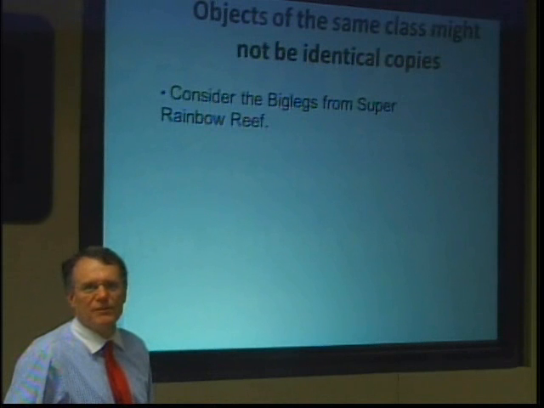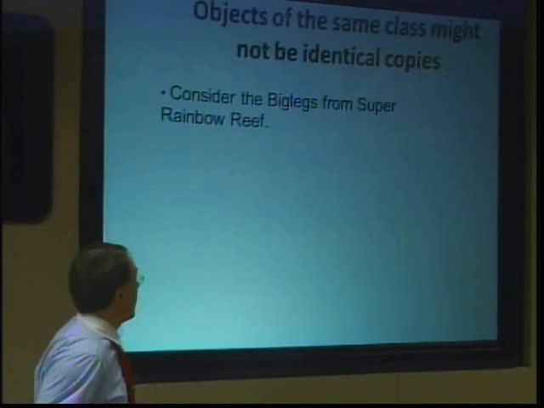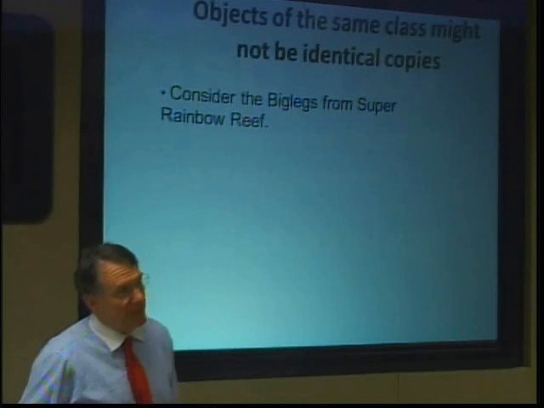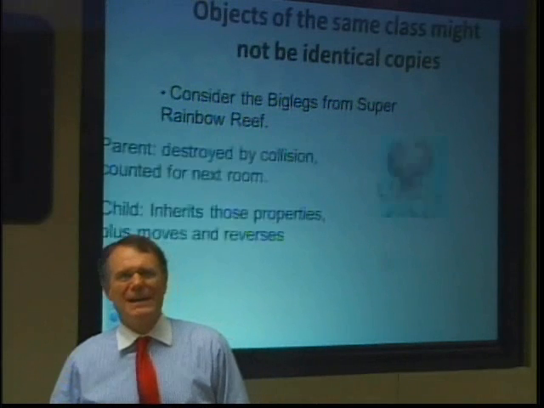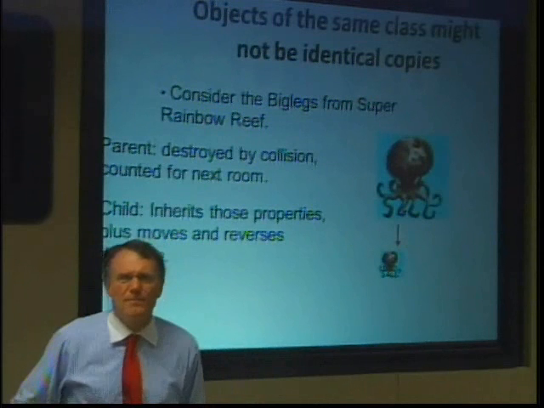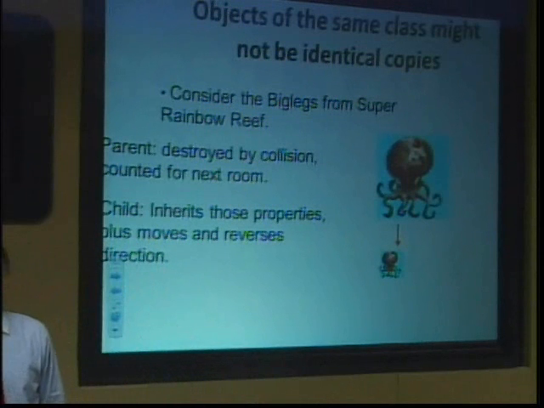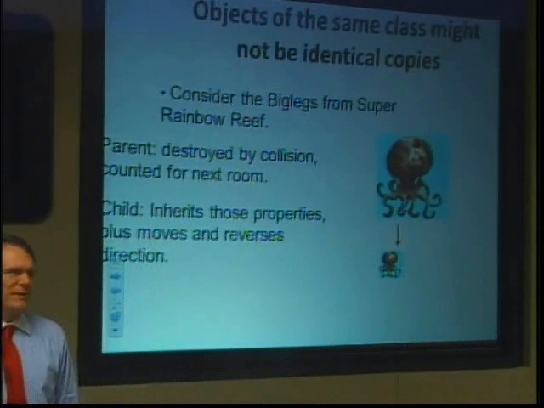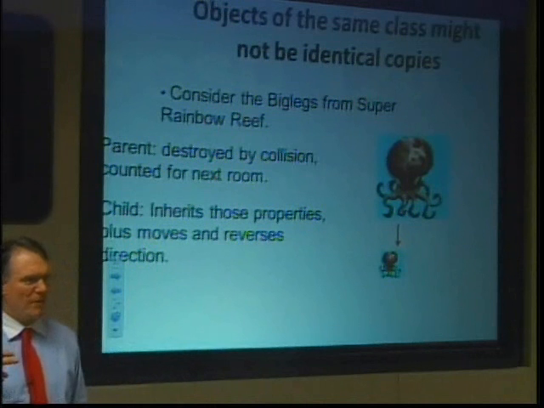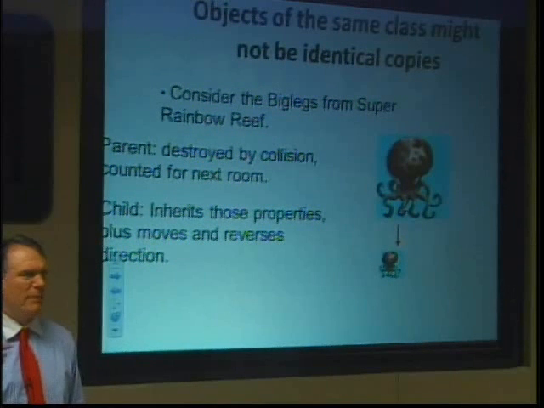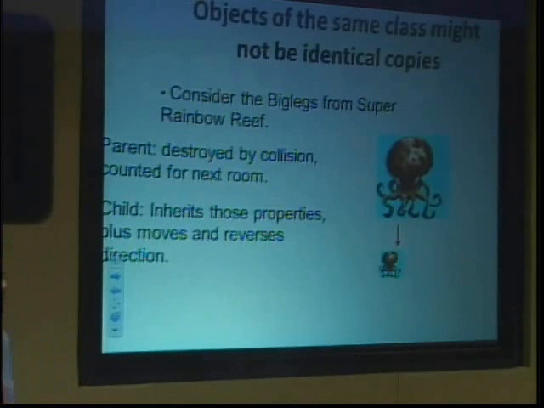All right, let's consider those big legs from Super Rainbow Reef, because they don't have all of the same properties. They're not quite identical copies. The parent big leg is destroyed by a collision with the little starfish Pop. And when the program counts the number of big legs in the room, and when it reaches 0, you move to the next room. The child big leg